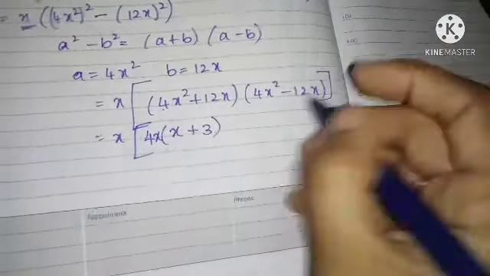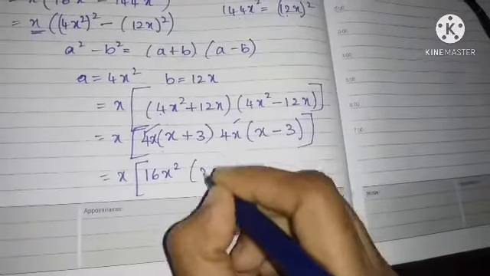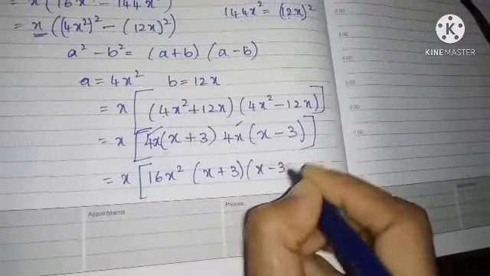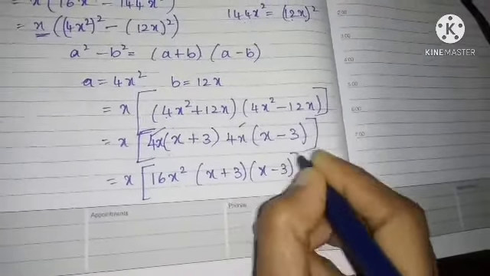So 4x is there, and x into 4, everything is multiplication. 4x into 4x is 16x square into x plus 3 into x minus 3. If I want, I can take this outside also. 4 4s are 16, x into x square is x cube, into x plus 3 into x minus 3. That's all. This much only you can solve it further. This is one type of factorization. Okay, next,